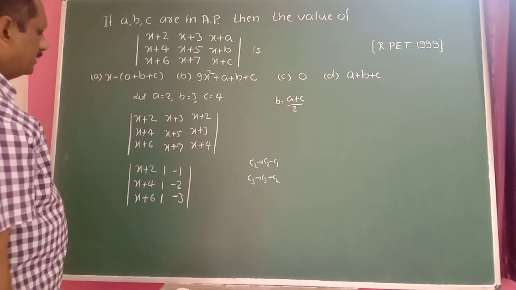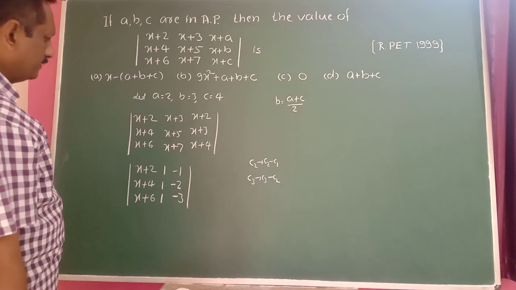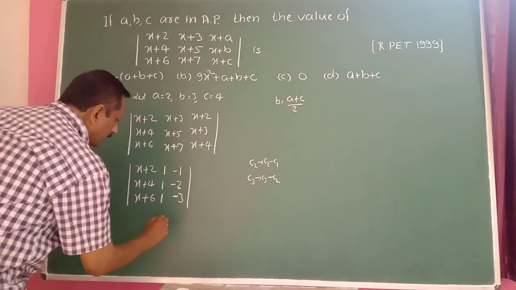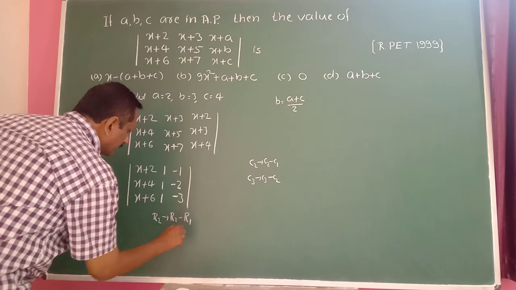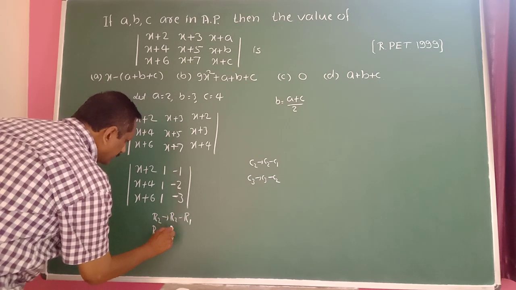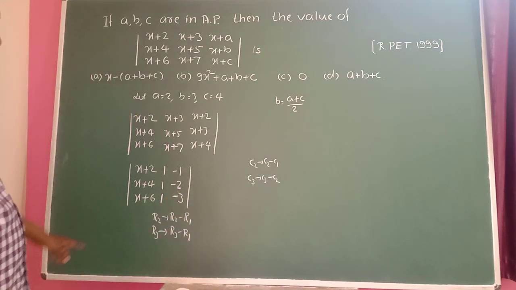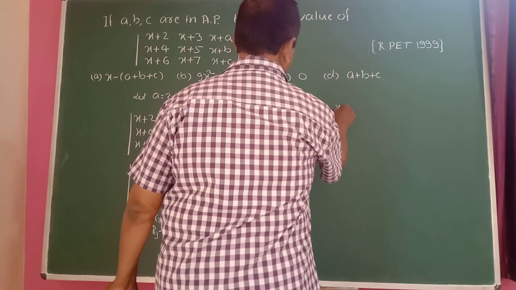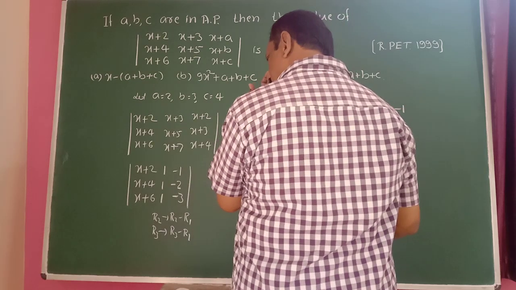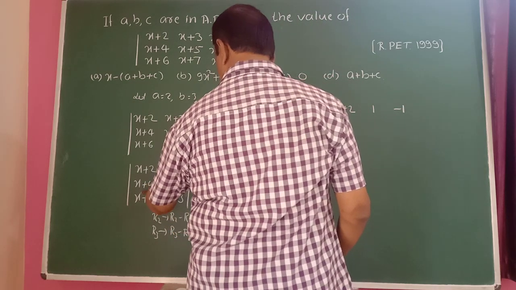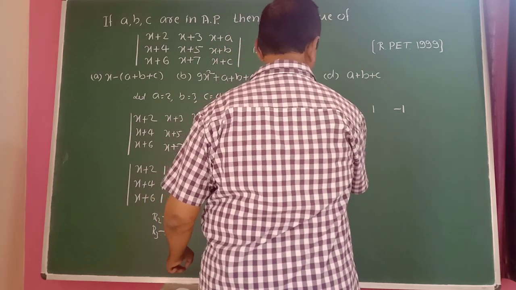Okay. Then make two terms zeros here. Therefore use R2 minus R1 and R3 minus R1 here. Therefore x plus 2 here. Then 1 minus 1 keep as it is here. So R2 minus R1 means this minus this here. x and x cancel. 4 minus 2 becomes 2 here.